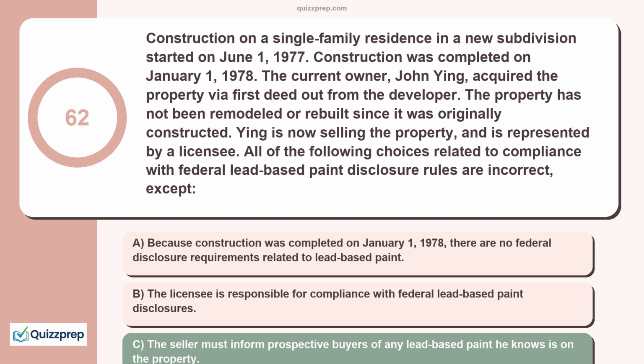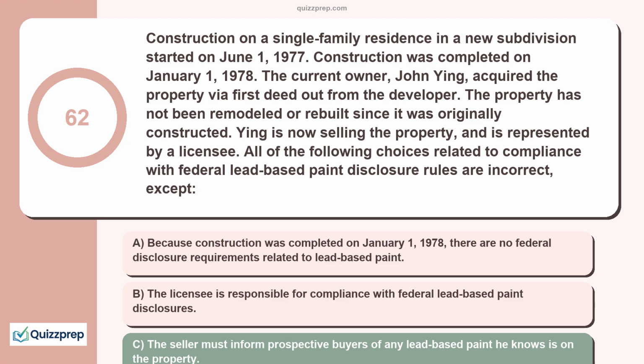With regard to federal lead-based paint disclosure rules, target housing includes residential dwellings built before January 1, 1978. This is the difference that one day can make. If construction started on December 31, 1977, then the residential dwelling is target housing, and lead-based paint warnings must be given to prospective buyers and tenants.